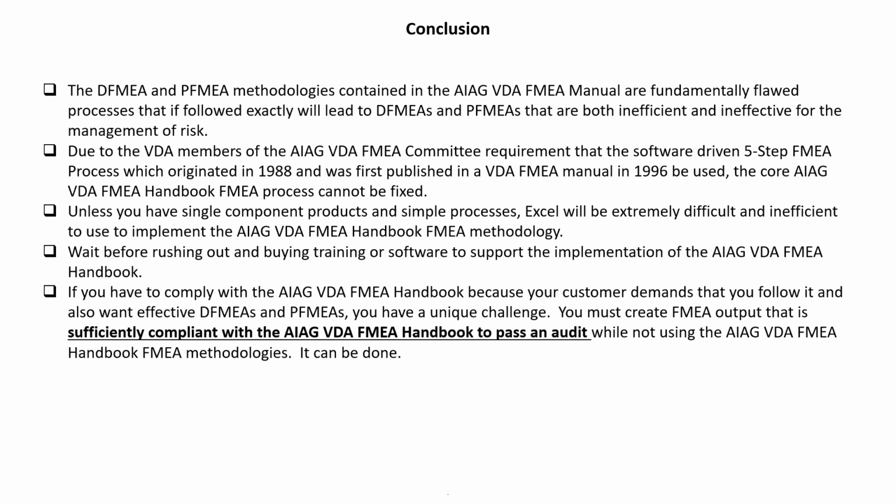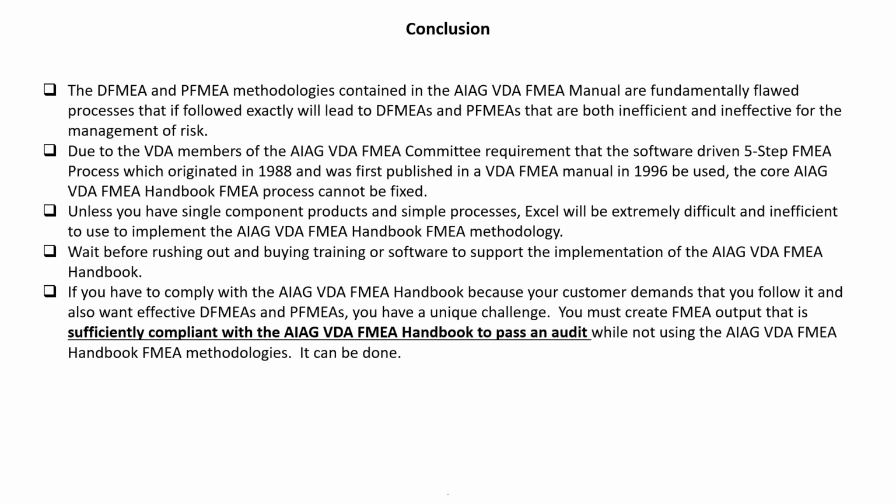And when this manual comes out for the first time in 18 years, the Society of Automotive Engineers is going to disagree with the AIAG on how FMEA is to be done. And given the influence of this particular organization, I'm just a lowly consultant. There's somebody out here in the FMEA business. I can't guarantee you this, but it wouldn't surprise me that people come out and say, hey, you can either